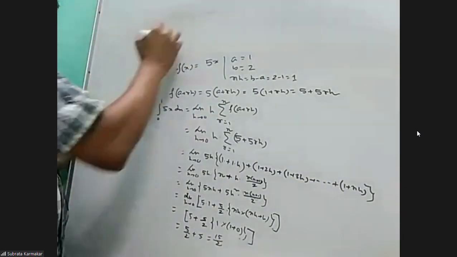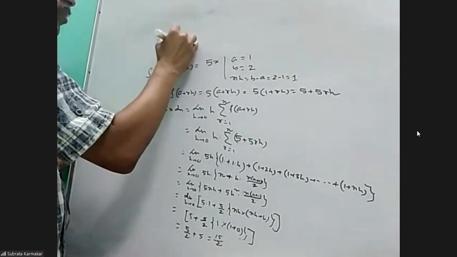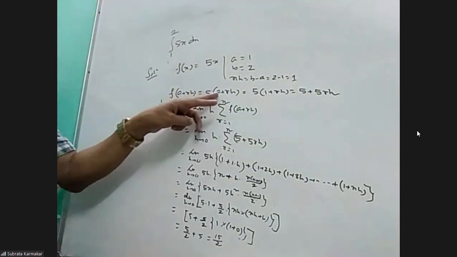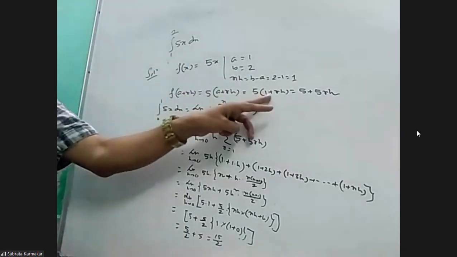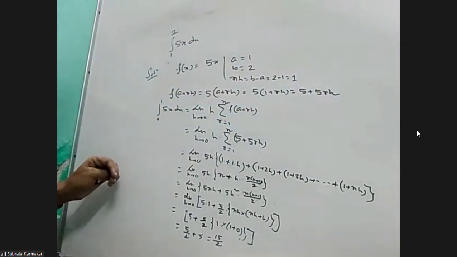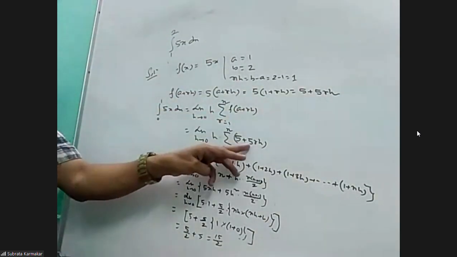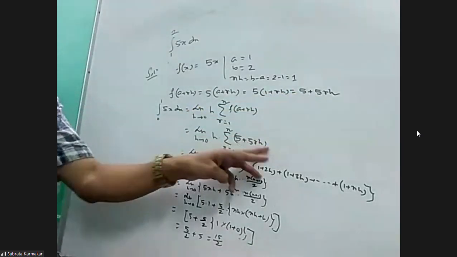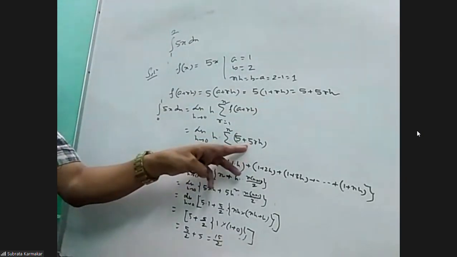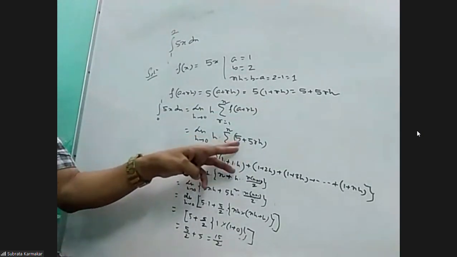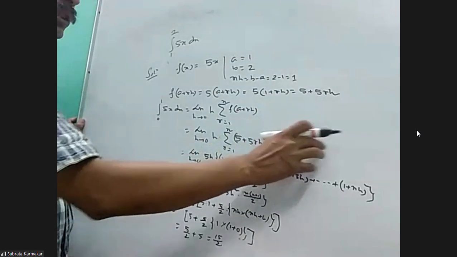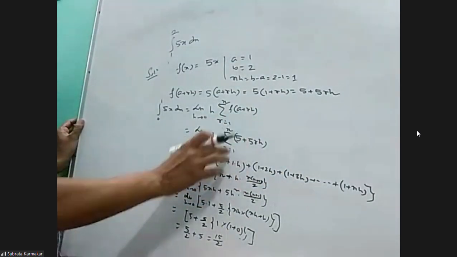I repeat, integration 1 to 2, I have given 5x dx. So fx is 5x, f of a plus rh, 5 into a plus rh, a here is 1, so 1 plus rh, 5 I have multiplied, 5 plus 5rh. Then the formula I have written, then I put f of a plus rh value 5 plus 5rh. Then the next part, you see what I have done. 5 I have taken common, so 5 into h outside, 5h, and then 1 for every bracket will come when you put r equal to 1, 2, 3. So from every bracket you will get 1, n times.